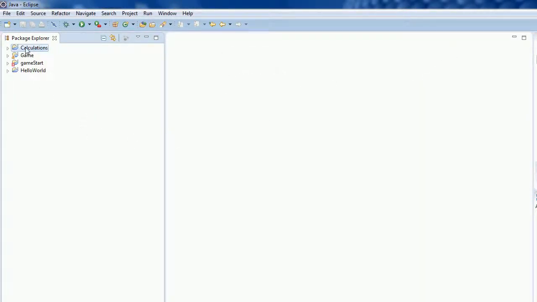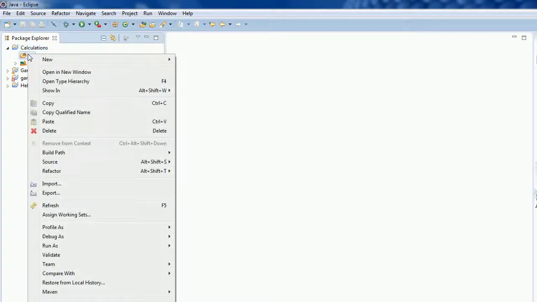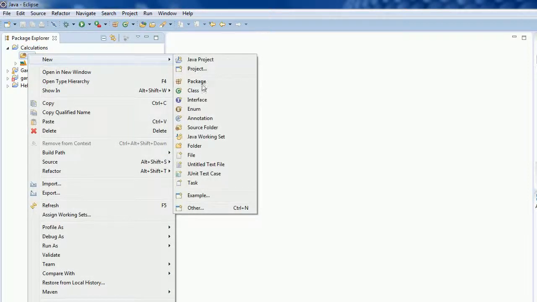And right over here is the project folder. So everything about this project is going to go in here. And this is called your source folder. This is where all of your source code is going to go. So any code you write will go inside this folder. So right click on this, go to New Class,